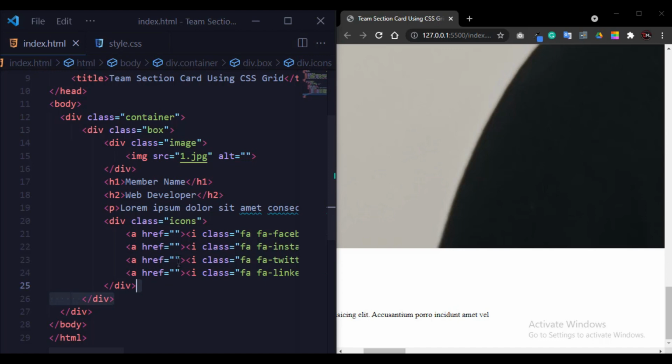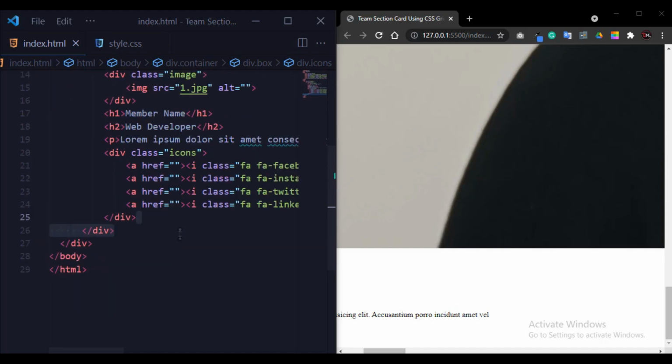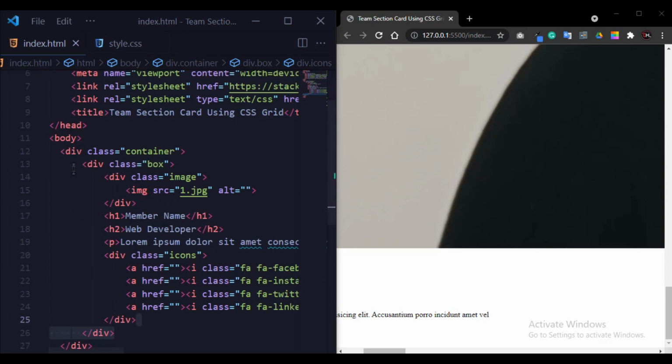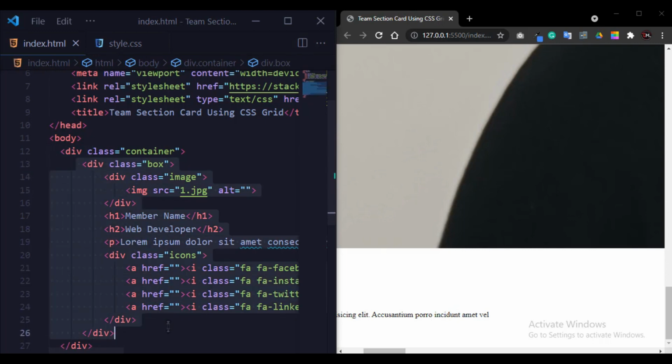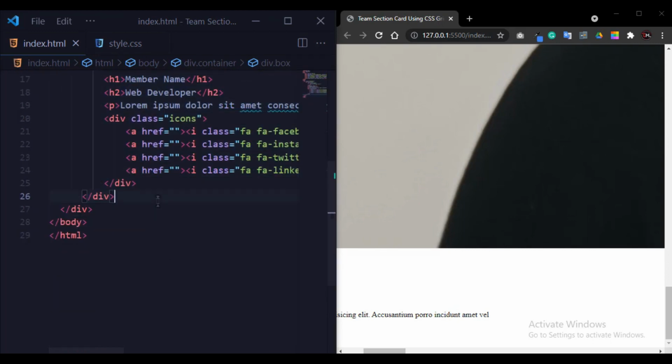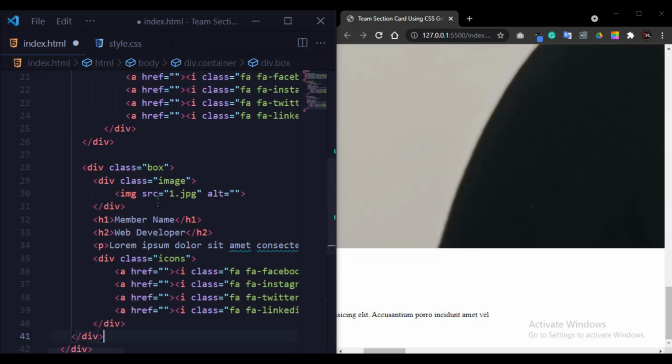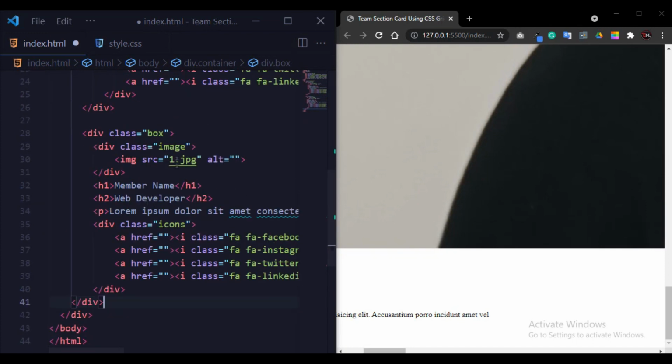Now we will create the second card, and for this we just copy the code of the first card and paste it, because these are all the same. Now we just change the image, and after this we change the title to graphic designer.